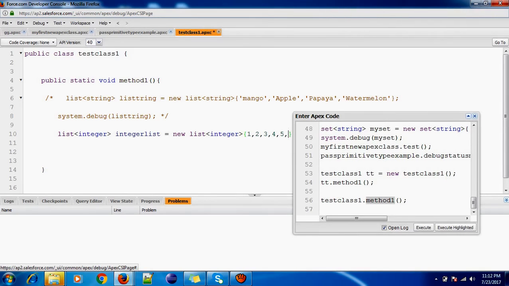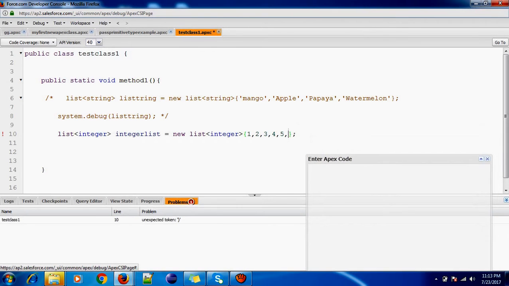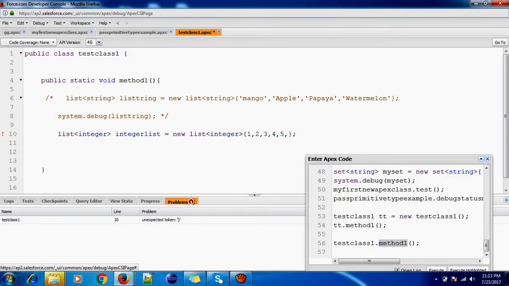I don't have patience. Okay, try to save it. Save. So now what is this error? Why is this error? Test class line 10, unexpected token. What is unexpected token?